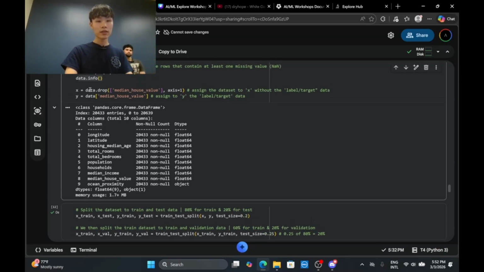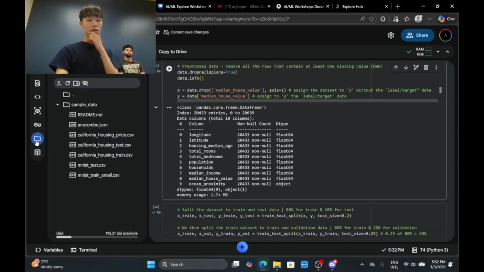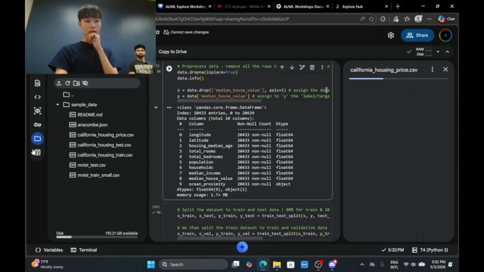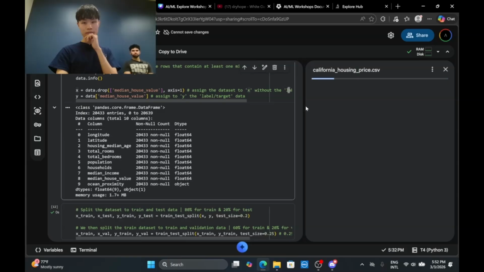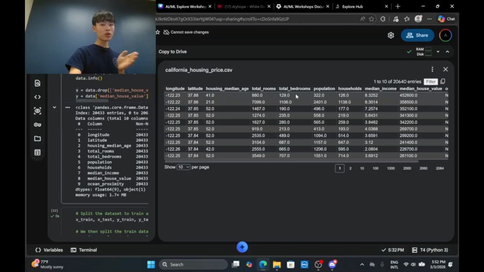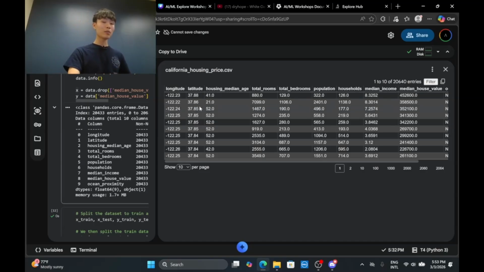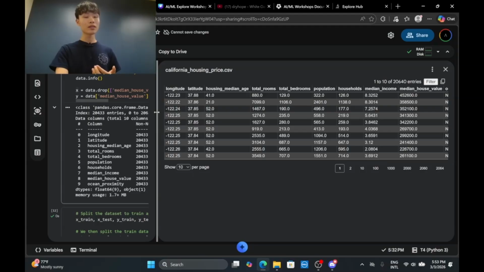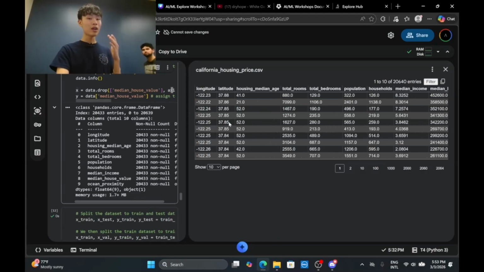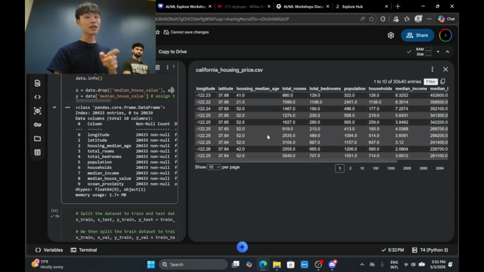And then this line right here, X and y. X is basically, when we go to our data set right here, it has multiple rows, multiple columns. Each of the columns represents a feature, such as, in this case, the total number of rooms, the total number of bedrooms, the population, the household median income, etc. What this is going to do is assign all of these features into X, besides one column, the median house value.